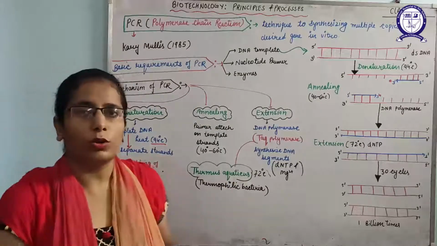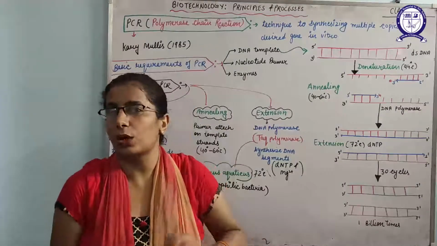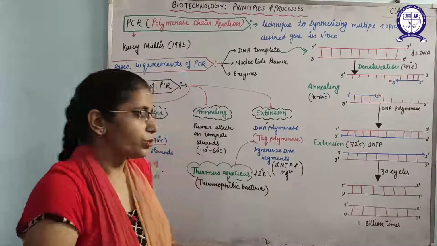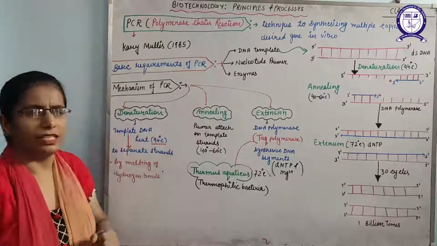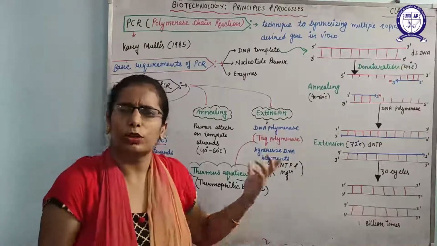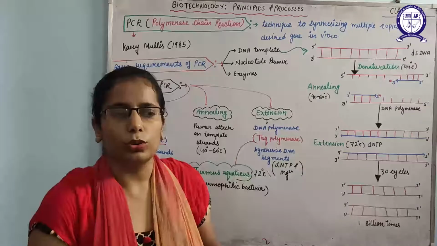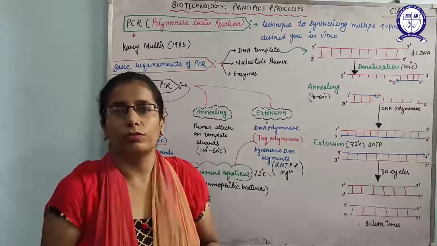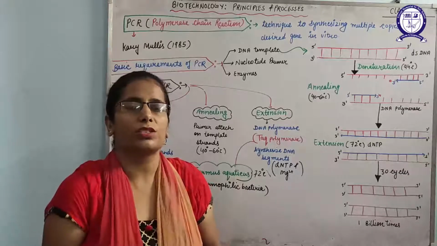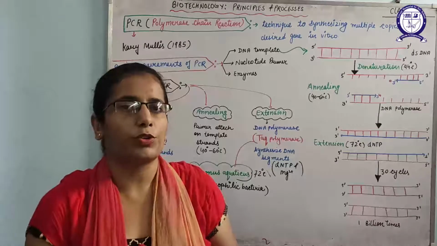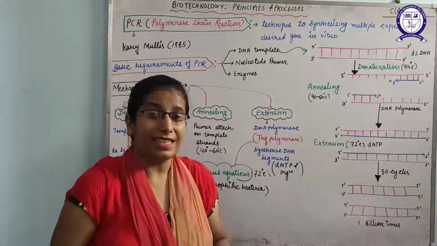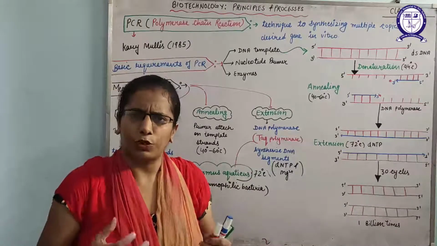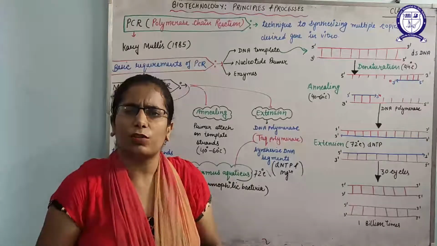Why is it in vitro? Because it will not take place inside the host organism. It will take place artificially in the lab. So what was the need to develop PCR? As you know, we started recombinant DNA technology. In this technology, we require the host organism to make multiple copies of the gene of interest. But scientists started to think whether any machine could make multiple copies of the gene of interest.